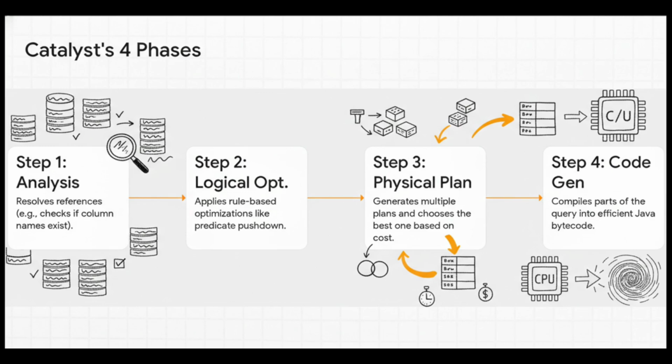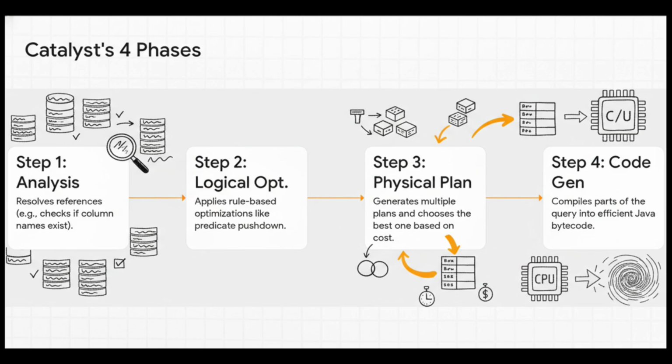Then there's physical planning. Here, it comes up with a few different ways to get the job done. For a join, it asks, should I do a slow and steady sort merge join, or is one of these tables small enough that I can do a super fast broadcast join? It actually uses a cost model to pick the best path. And finally, code generation, where it turns that plan into super efficient bytecode that runs natively, cutting out a ton